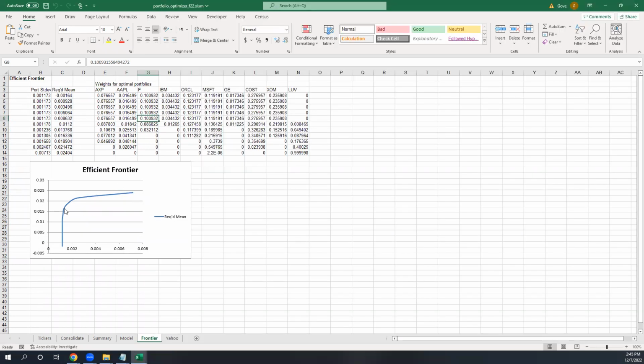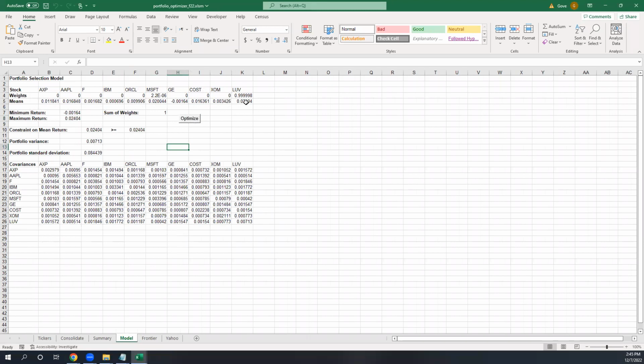What this efficient frontier shows is what it's showing here. It's saying, let's see, which one of these is the risk. So here's our required return. The required return is here, from 0 up to not quite 0.025. Remember that 0.024 was the highest value that we could expect to get, like we put everything in there to be able to get that value,